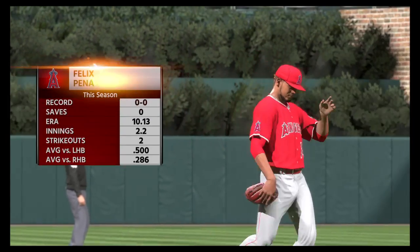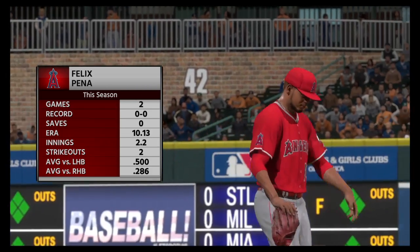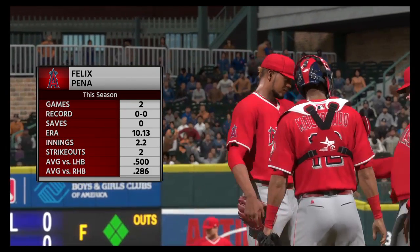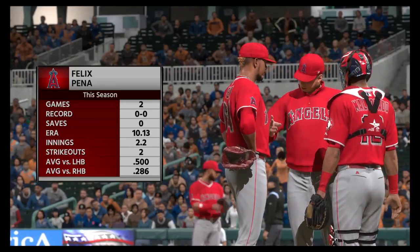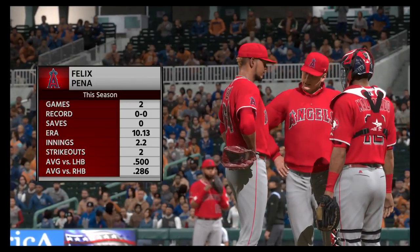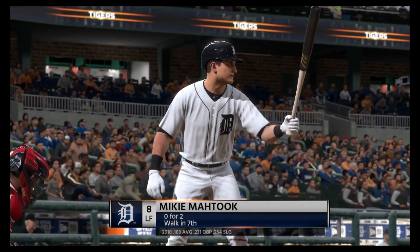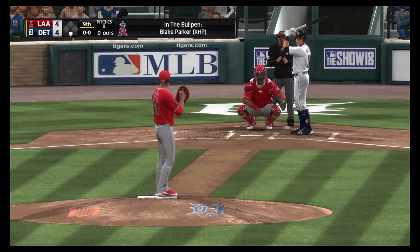Felix Pena enters to do the pitching, and best case scenario for him is to push this one into extra innings. This change defensively for the Yankees. Now playing third base, number 28. Now at the plate, Mikey Mata. 0 for 2 for him to this point. For the Tigers, the fielder,